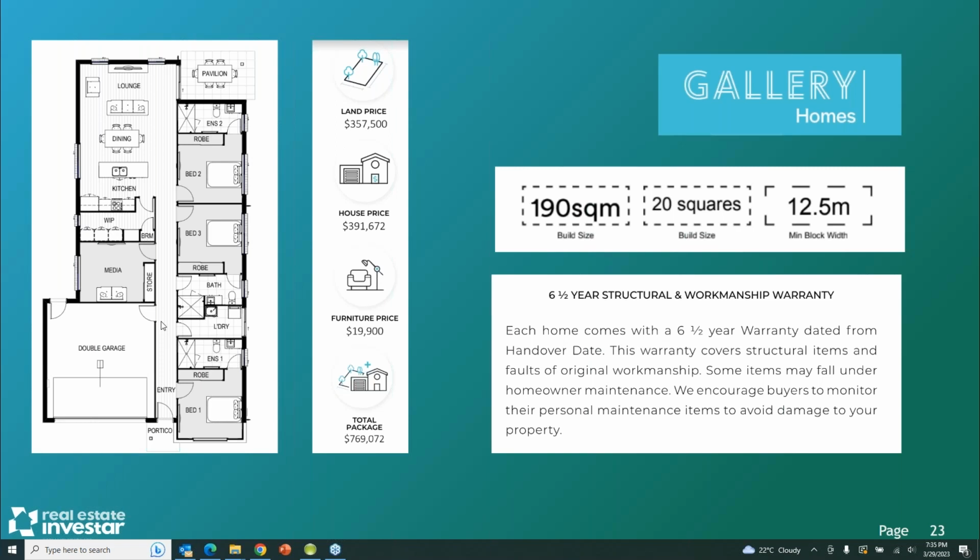So I'm sure everyone's got a question of how much are these properties and what sort of figures around them. So I'm going to cover off that. So you can see there the land price. So these are purpose built, brand new property. So you get the warranty with the property. So you get a guarantee with that. So it's very easy as an investment property.